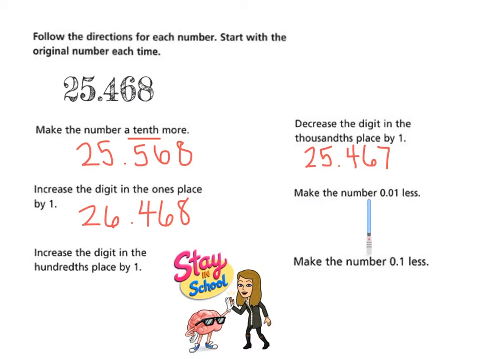Make the number 1, and this is 100th. Oops, get my number in the right spot. 100th less. Okay, so let's find the hundredths place first. Oh, okay, so the 6 is in the hundredths place. And if I'm making it less, it needs to go down 1. So because it's down 1, it told me 1/100th less. So that would be 5. So my new number, leave the rest alone, becomes